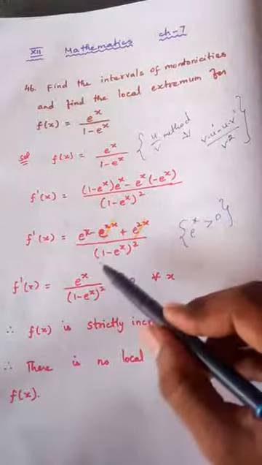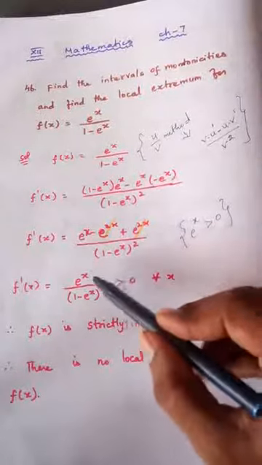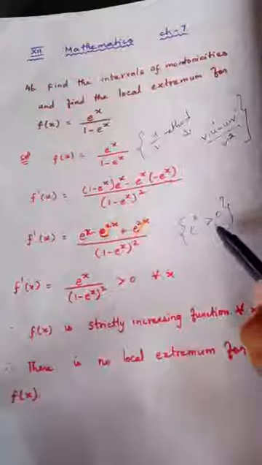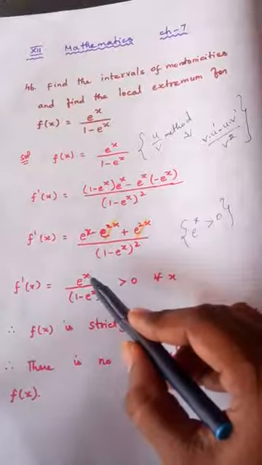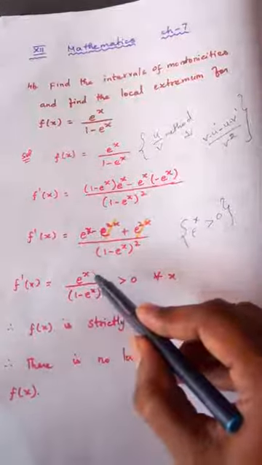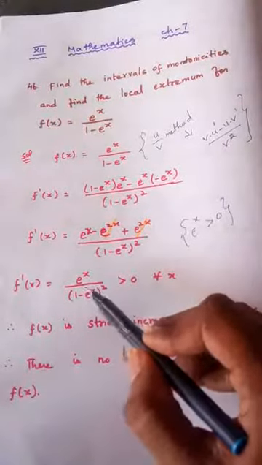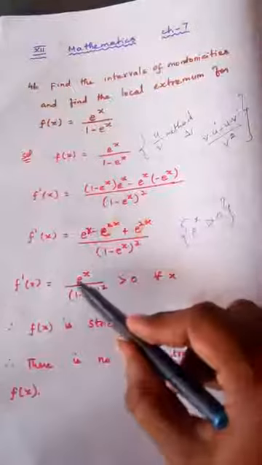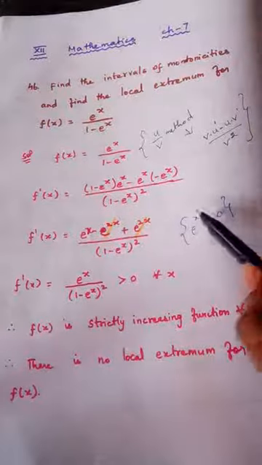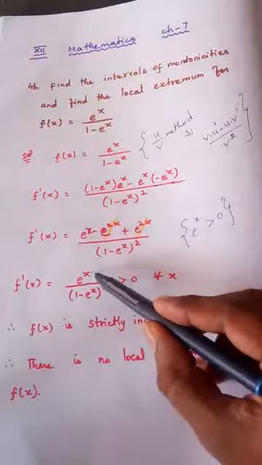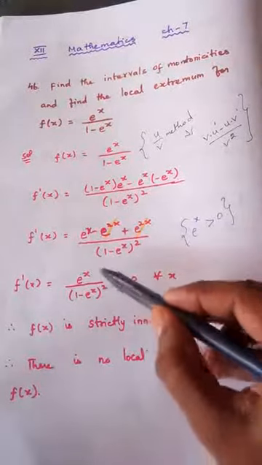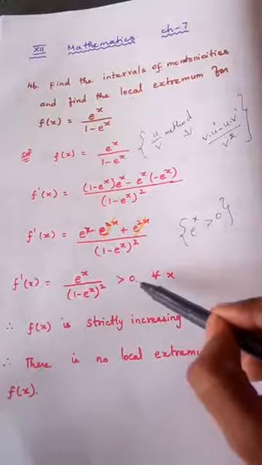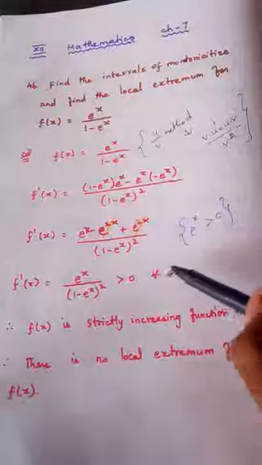e power 2 is the square of that. e power 3 is the cube of that. So e power any number, we are going to get only a positive value. Even if it is a negative number, e power minus 1 is written as 1 by e, which is 1 by 2 point something. Anyhow, it is going to be positive. So e power x is always positive for all x. So the numerator is positive, the denominator is positive, which means this division cannot be negative. So this entire thing must be greater than 0 for all values of x.